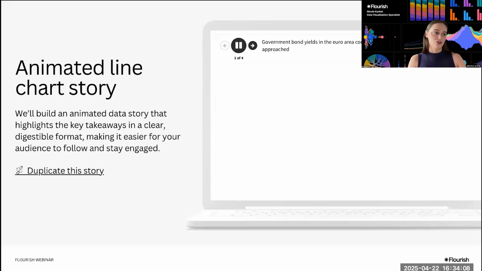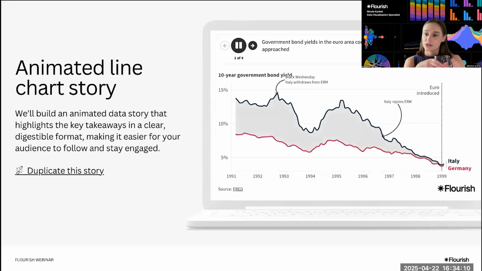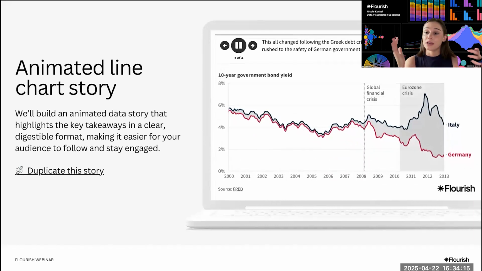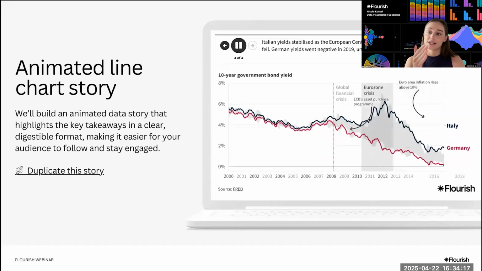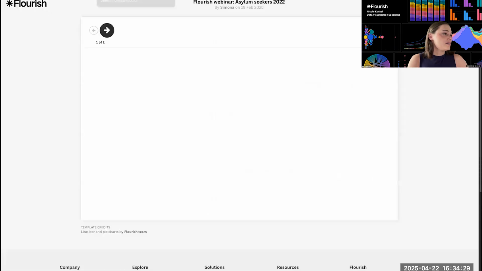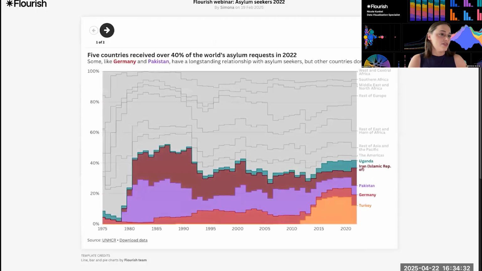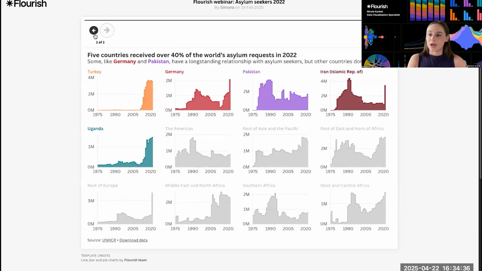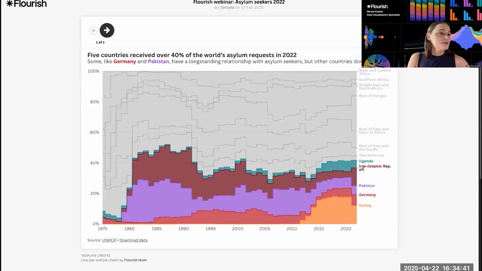Now, if we wanted to animate a chart, we can do so with any chart type. I think this is a great functionality to break down big, complicated data sets. You can break down pieces of information bit by bit with animation as to not overwhelm your end user or audience. So let's go ahead and take a look at this. Here's just one way that we could animate the views of some data.